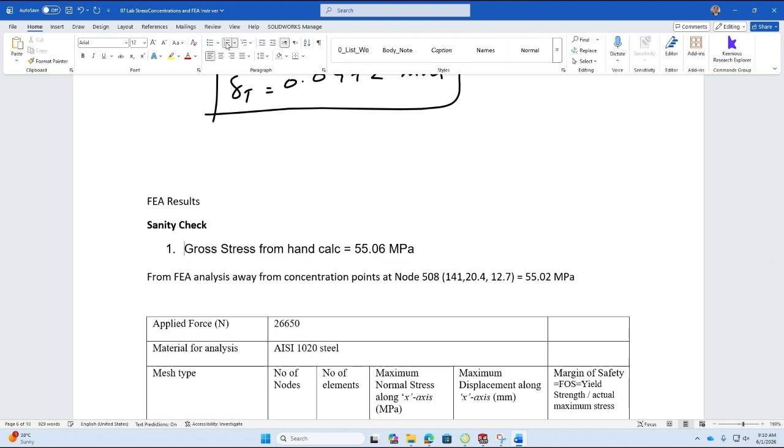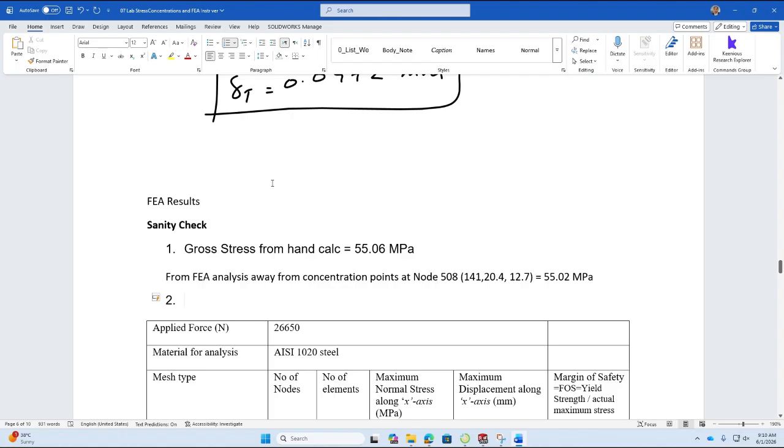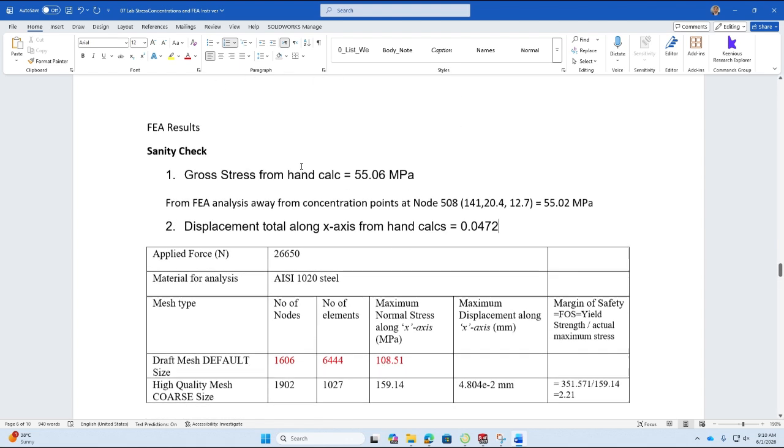And now my second one will be on the displacement total along x axis from hand calcs, which is 0.0472. Okay, and from FEA analysis,